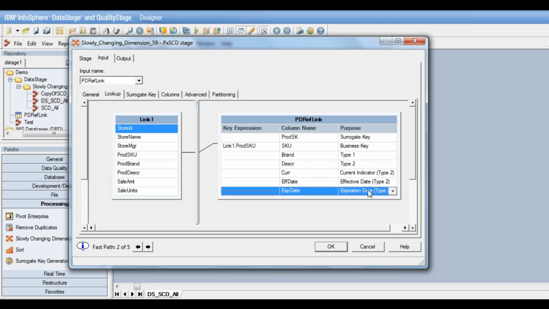So again, we can just go and choose an expiration date. So these purpose codes need to be properly set up to enable the stage to identify on what basis it needs to identify the change in the records, which attributes it needs to check, which will be the date column for which it needs to generate the date values and the current indicator attributes.